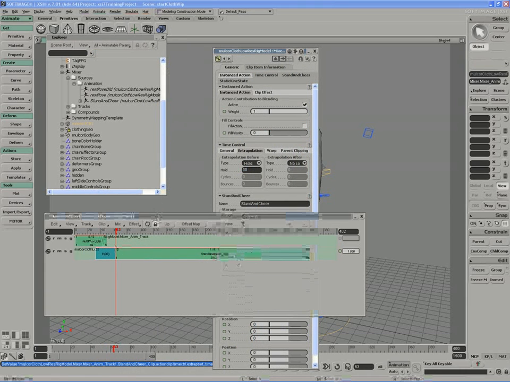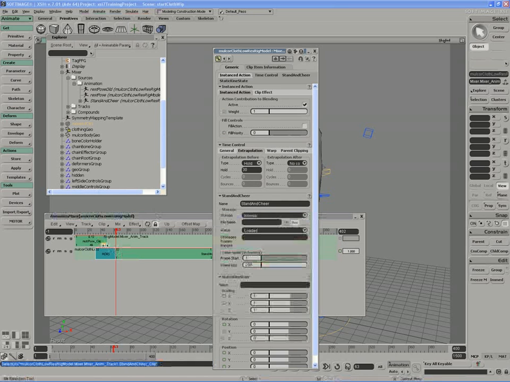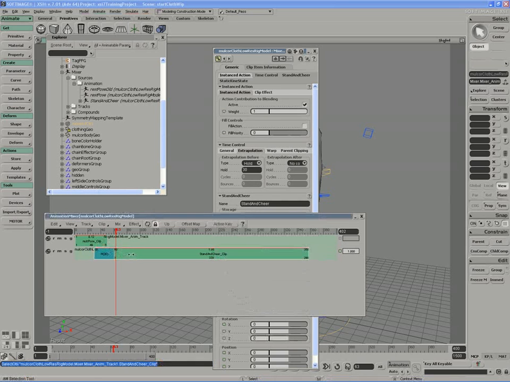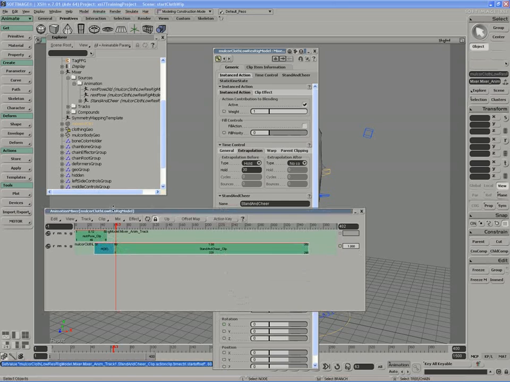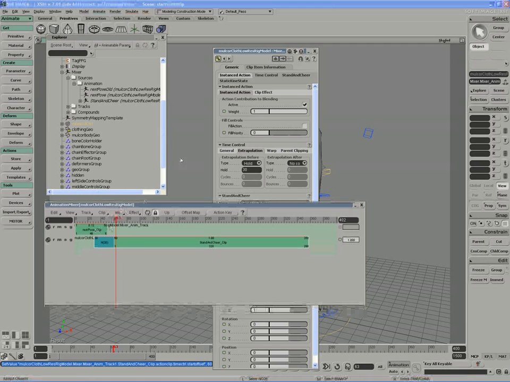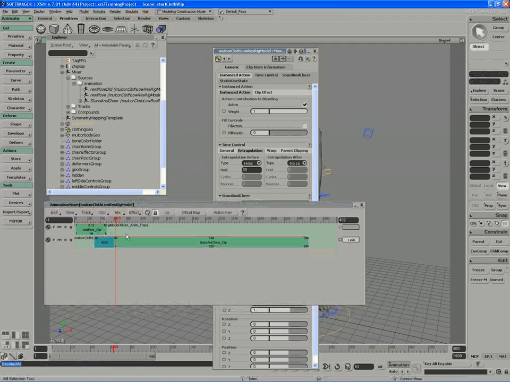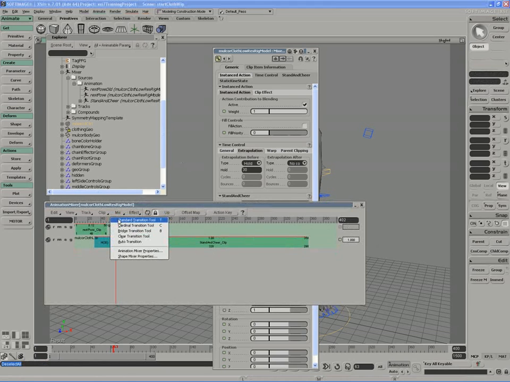So I've actually got overlap between my rest pose and the stand and cheer. We've got about a 20 frame overlap here. Now what I'm going to do is transition between the two of them. If we use one of the mix tools in the mixer, I can just do a standard transition, which of course just blends the weighted values between our two clips. And so if I do a standard transition,